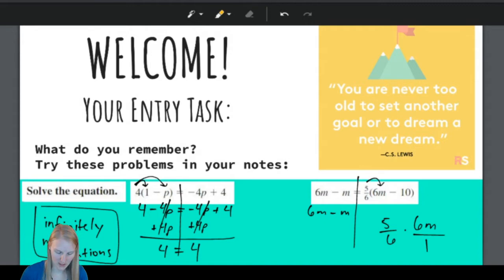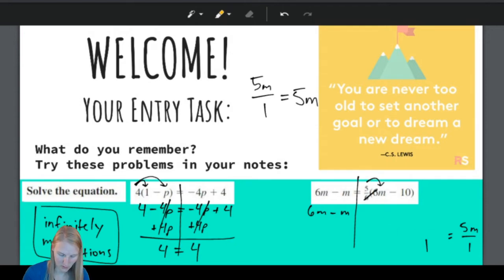Okay, so then this is, oh look, those 6. We have 6 on the top, 6 on the bottom, we get rid of them. And this is just 5m over 1, which we just talked about. Anything over 1 is itself. So it's like the 6's just cancel out. And we get 5m,